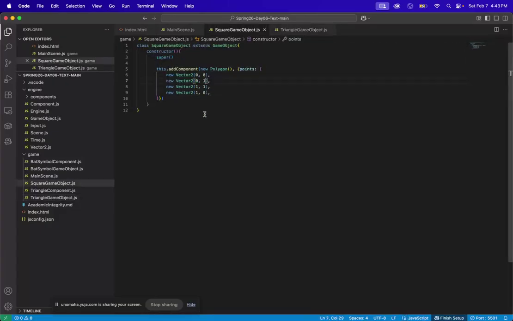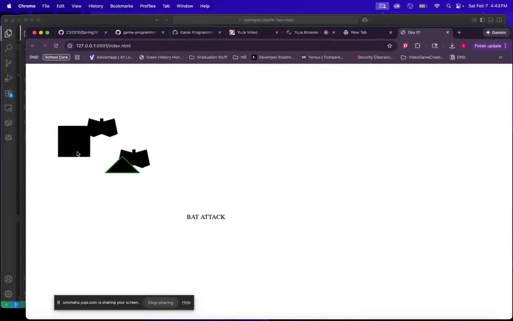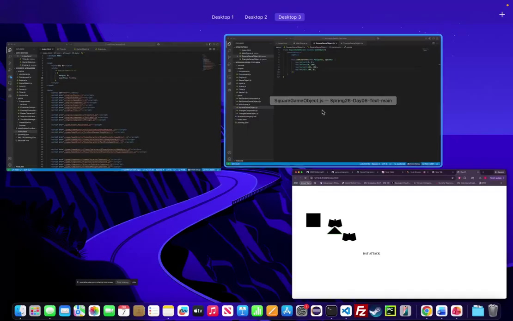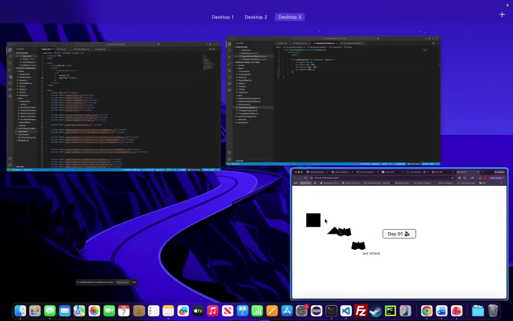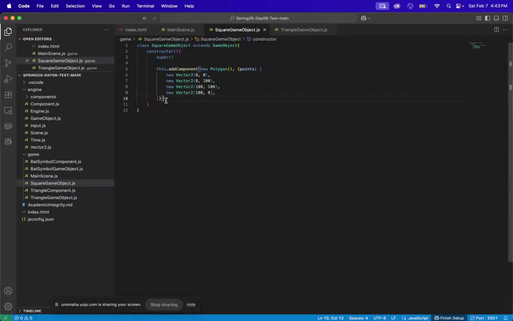Oh, we haven't done that, so let's do 100. I think that's our issue. Yep. So, yep, now we have it. I was just thinking of the wrong point style. But yep, so now we have a black square going up, and now say we want to adjust